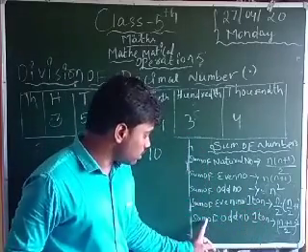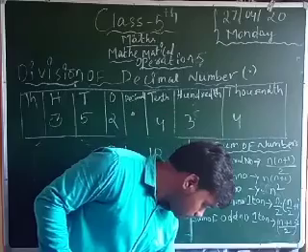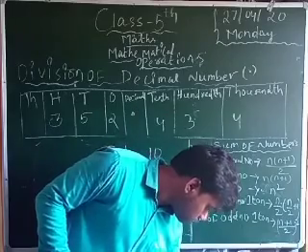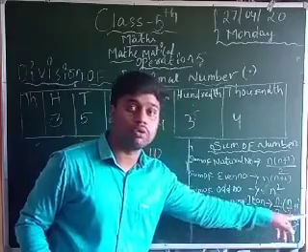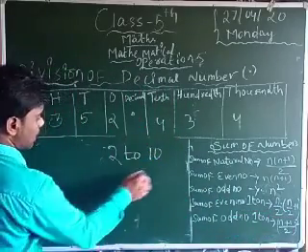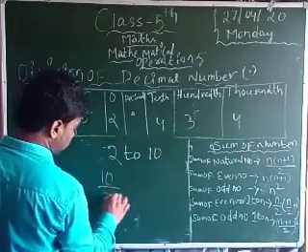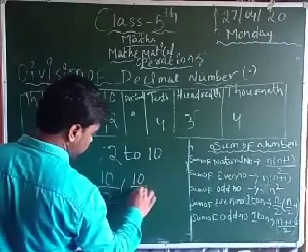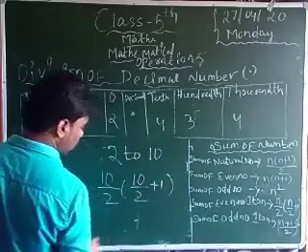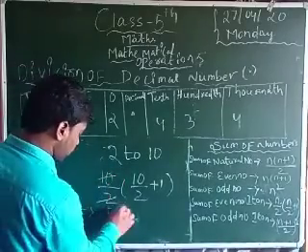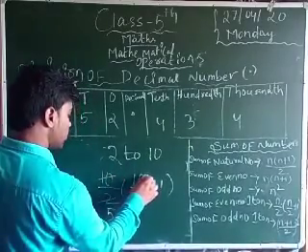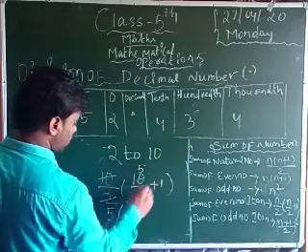What is this number? Sum of even numbers: n by 2 into n by 2 plus 1. Now you can see guys, n means how much? 10 by 2, into 10 by 2 plus 1. Now you can solve it, you can cancel 5. This also you can solve by cancelling 5.